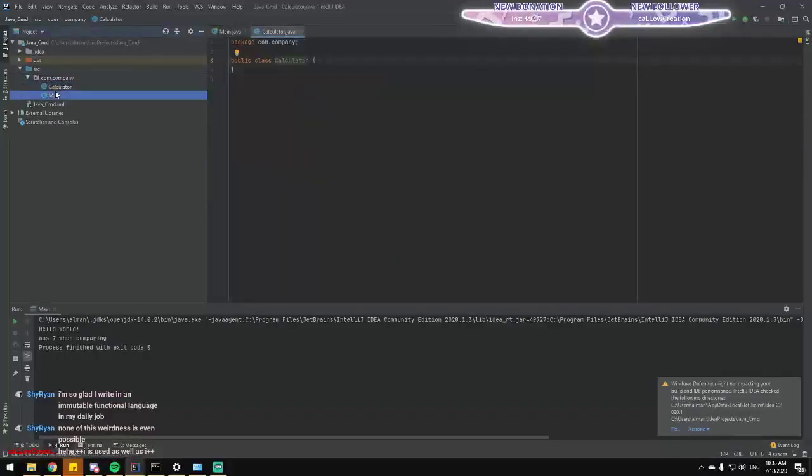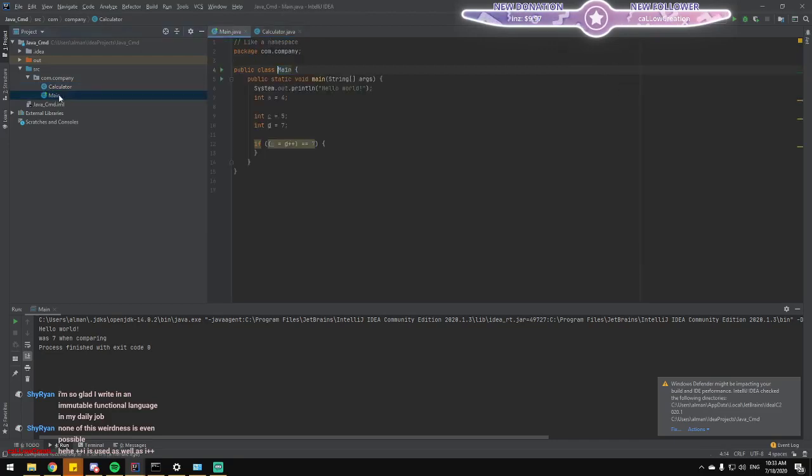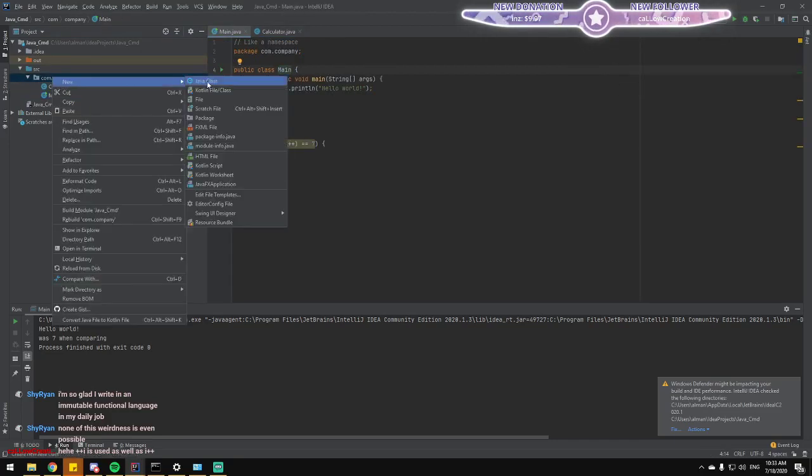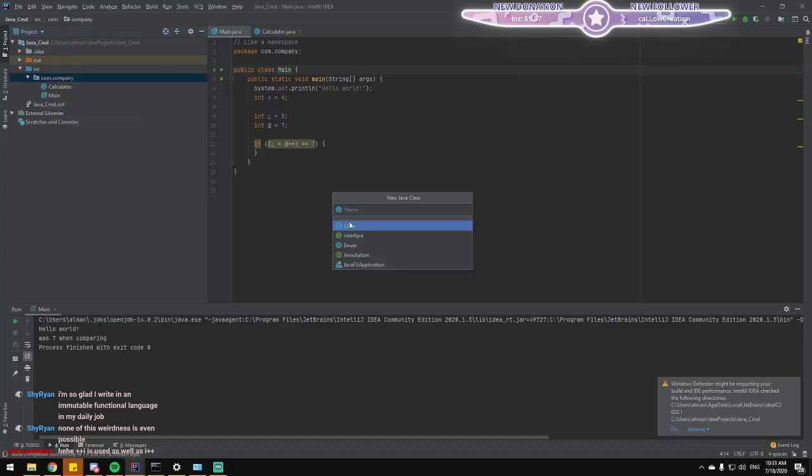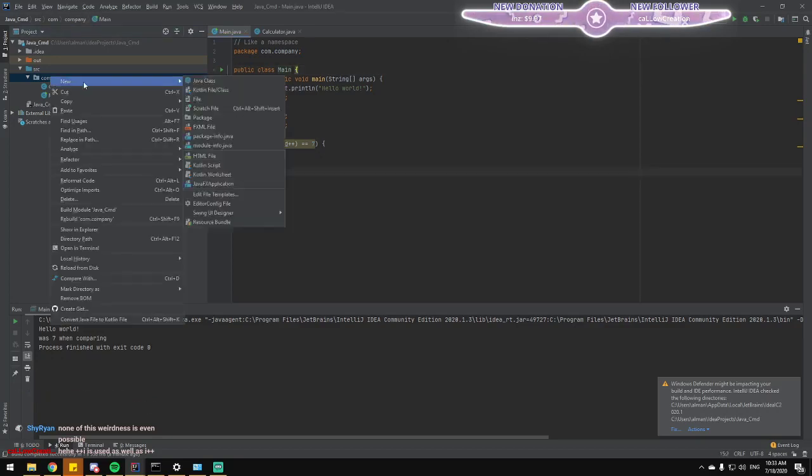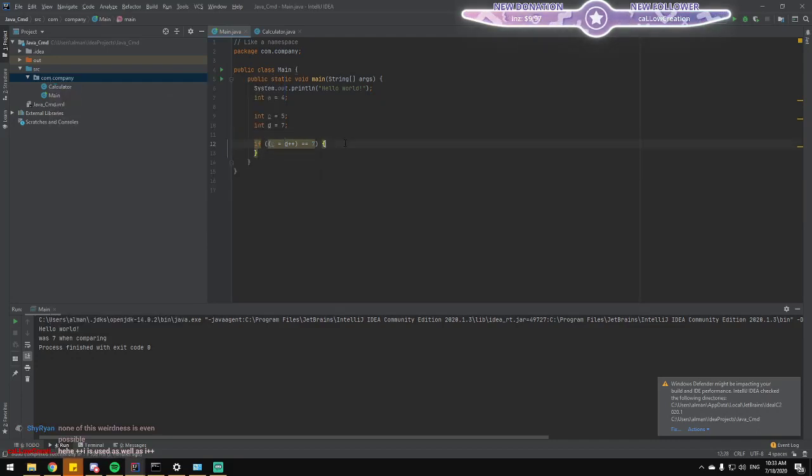I also like the fact that you choose a new class, like a new something, and you don't see a fuck ton of options like in C#, like text file, readme file, HTML file, and so on, so on, so on. You just see like a few options. And you don't go through another window just to create a new file. It's as it should be. Right click and here you go.